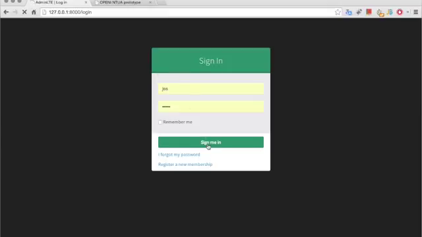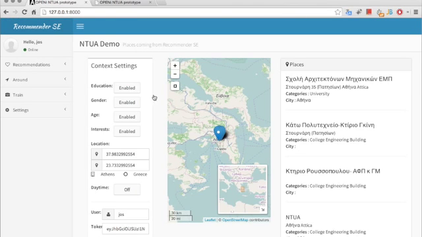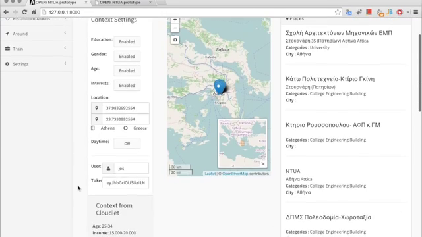Initially I log in as Josif, so this is me. I contact the authorization system of OPENi to get the token, send it to the Recommender Service Enabler, and get the response for different places. So now, with everything enabled, like education, gender, age, and interests, in my current location,